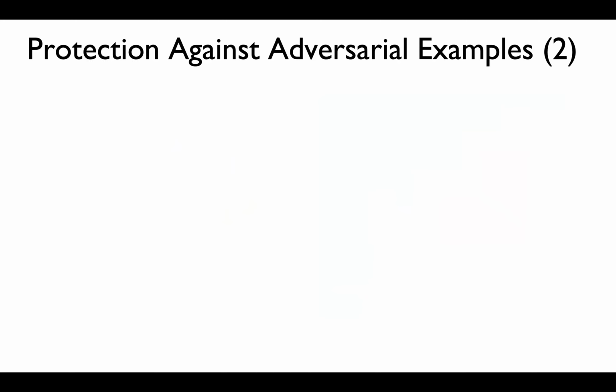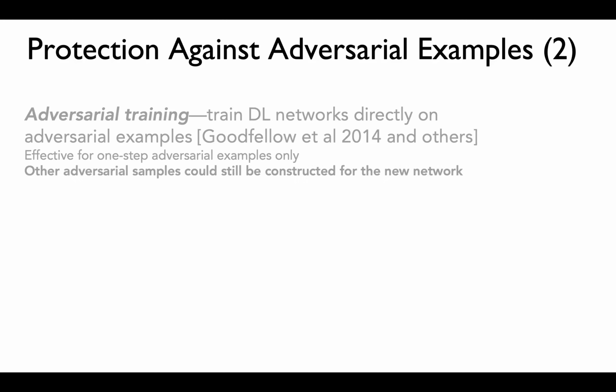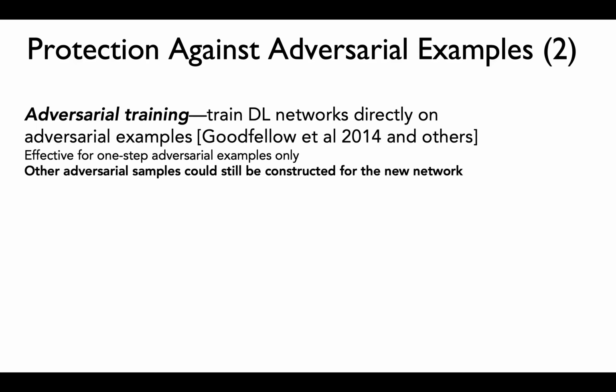So coming to other approaches, some approaches that have shown to be partially effective. One approach is known as adversarial training. And the idea here is to augment the training data to also include adversarial examples. So with this, you're not only training on the original input data, but you are creating adversarial examples and you're feeding it to the model to show it that these are also some morphed versions of the input image that you should still recognize as the correct label.